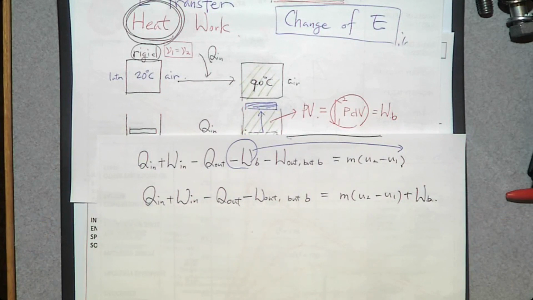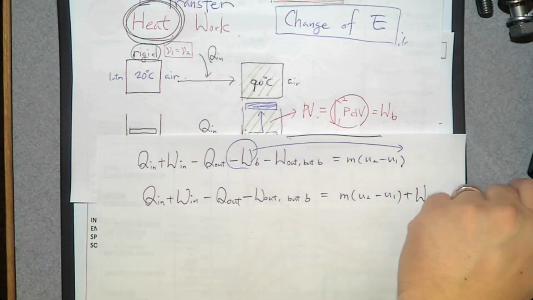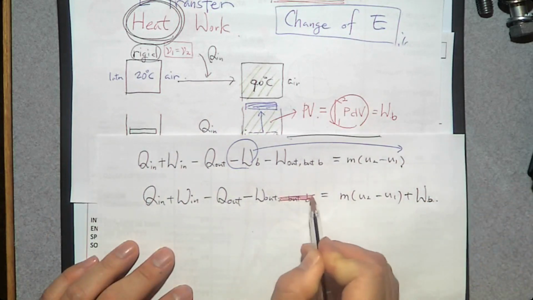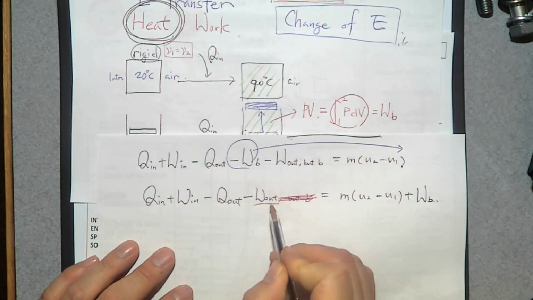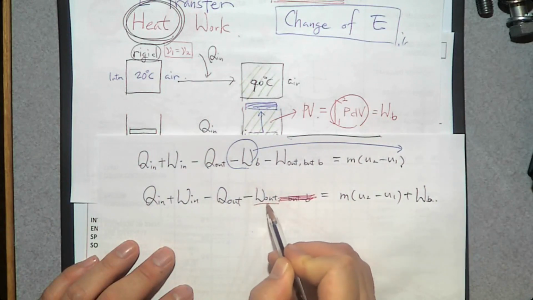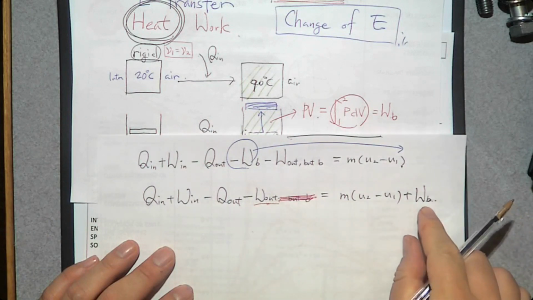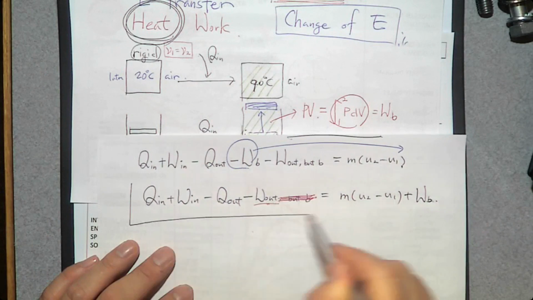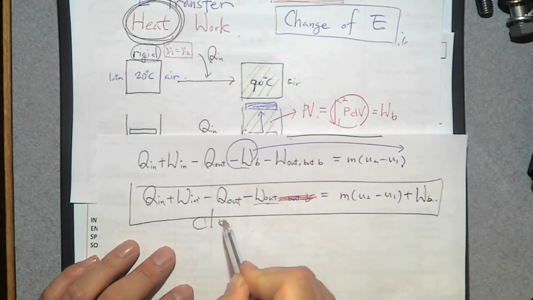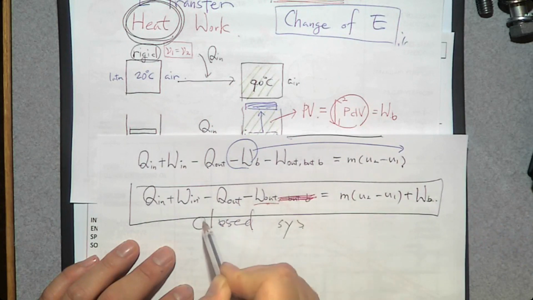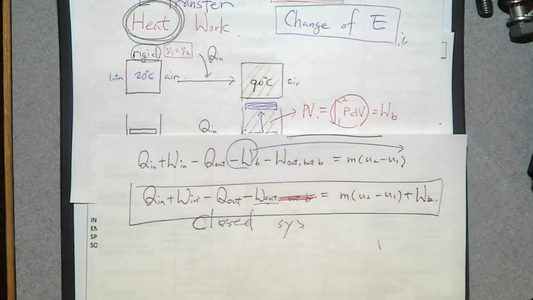But there's one thing that bothers me. This subscript is just too long, right? So we know that this W out is energy transfer by work done by the system to the surroundings, except moving boundary work. Then this is the energy balance equation for closed system. So this is the energy balance equation we are going to use whenever you have a closed system,